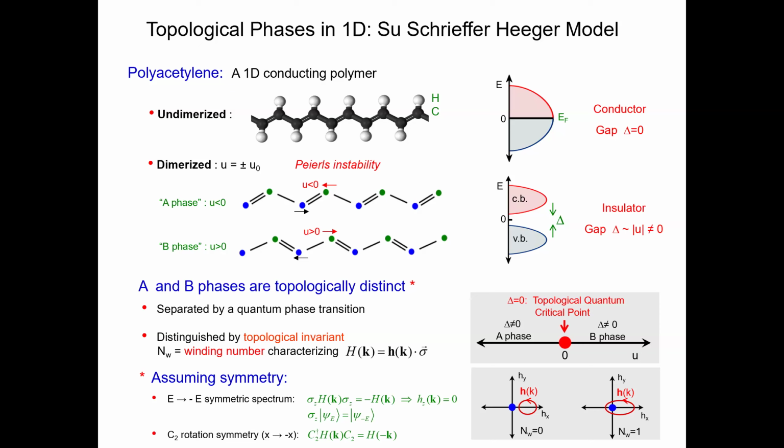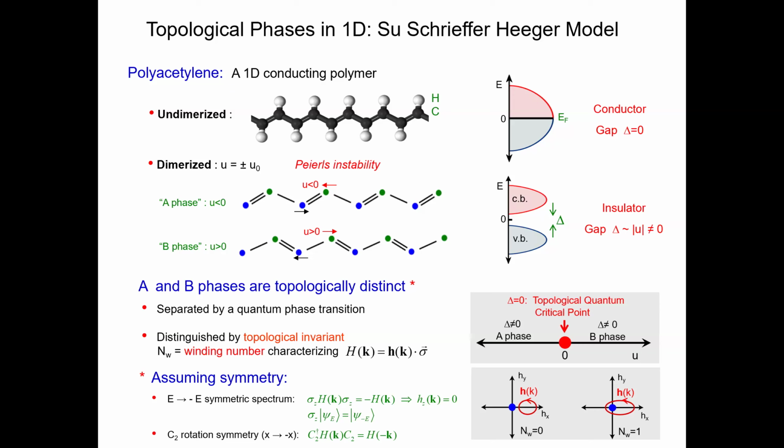If I have this symmetry that anti-commutes with the Hamiltonian, then that guarantees that for every state at positive energy E, there is a corresponding eigenstate at exactly minus that energy. So the eigenstates of this Hamiltonian come in plus E, minus E pairs. This is a property of this simple model of polyacetylene, and I want to argue that this is a useful thing to think about, despite the fact that it is not a property of real polyacetylene.